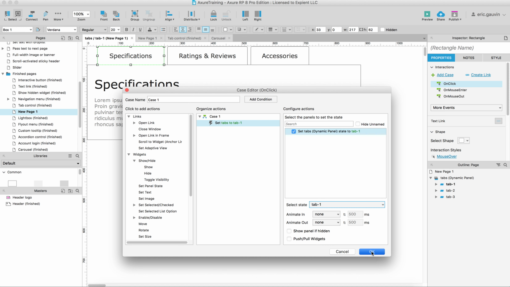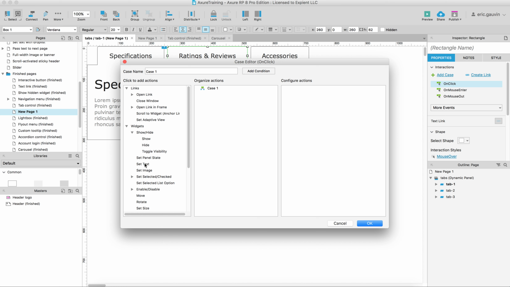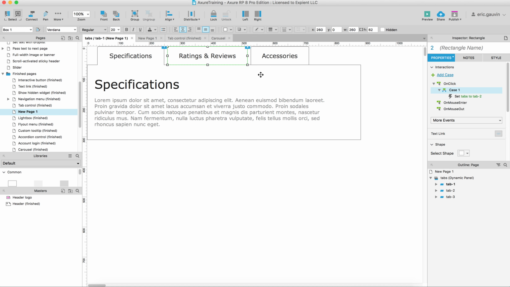Now we're going to go here, do the same thing, on click, set panel state right here. Set panel state is one of the most frequently used ones. And we select it, and then we go to tab 2, and then